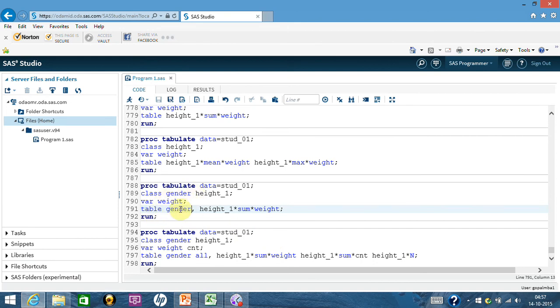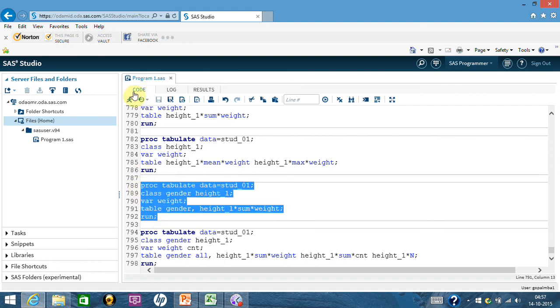And if you think of table gender, now we have put one comma. What you need to understand is that if you put no comma, this is the column header. If you put one comma, it becomes the row header. So gender will become the row and this thing will become the column. By default it is the column. One comma, and before that what you are putting is the row header. So let me run it for you. So when I run it,